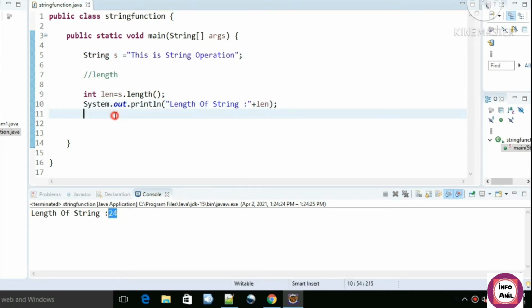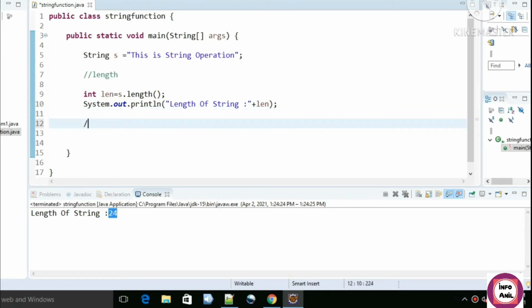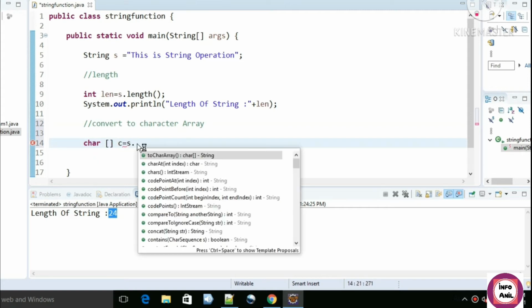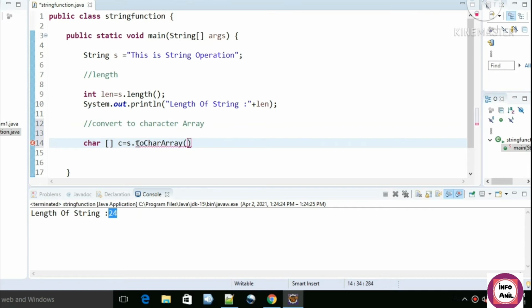Now the next operation is convert the string to a character array. How can we convert? We will declare a character array variable c, which will store s.toCharArray.